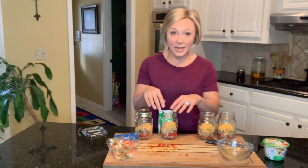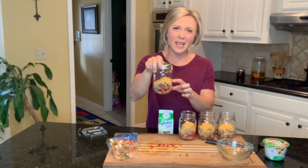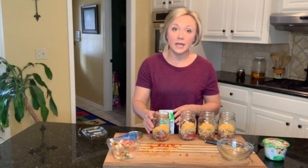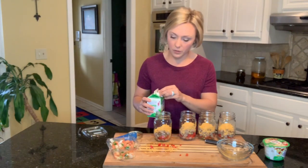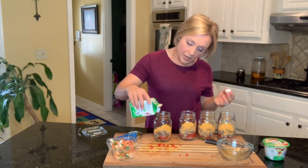When you get ready to use your homemade or DIY one, you'll take it out of the refrigerator as is. Don't put the egg whites in and set it in the refrigerator. It just gets saggy. So now I'm busy morning. I'm probably brushing my teeth. I'm grabbing this out. I'm going to get a thing of egg whites. You could obviously crack open your own egg whites if you wanted to. And all I'm going to do, you could measure it if you want to, but I am just going to